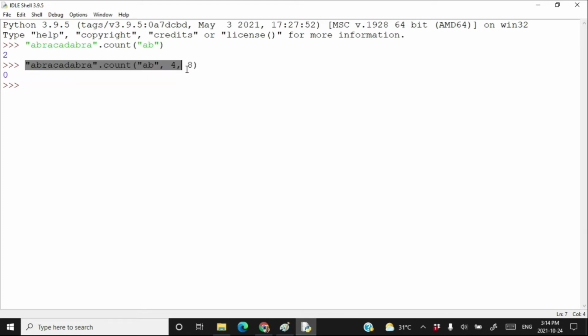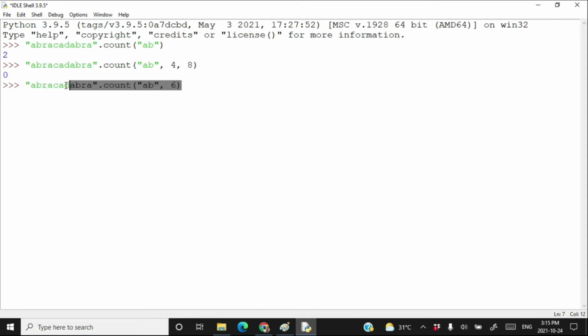Now let's use the count method again. You have to count the substring AB in abracadabra, but you have to start counting from 6, and you can go up to the end of the string. So from where do you need to start counting? 0, 1, 2, 3, 4, 5, 6.